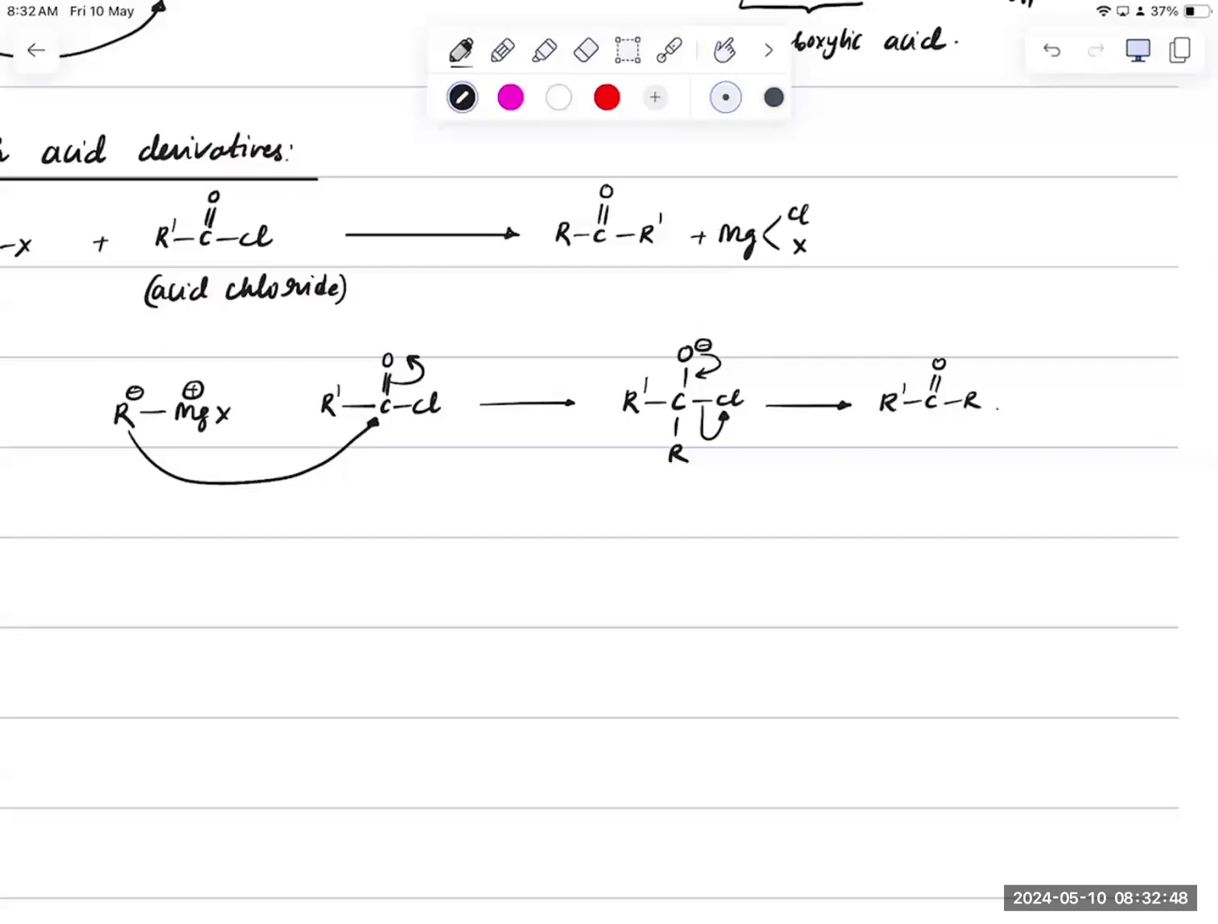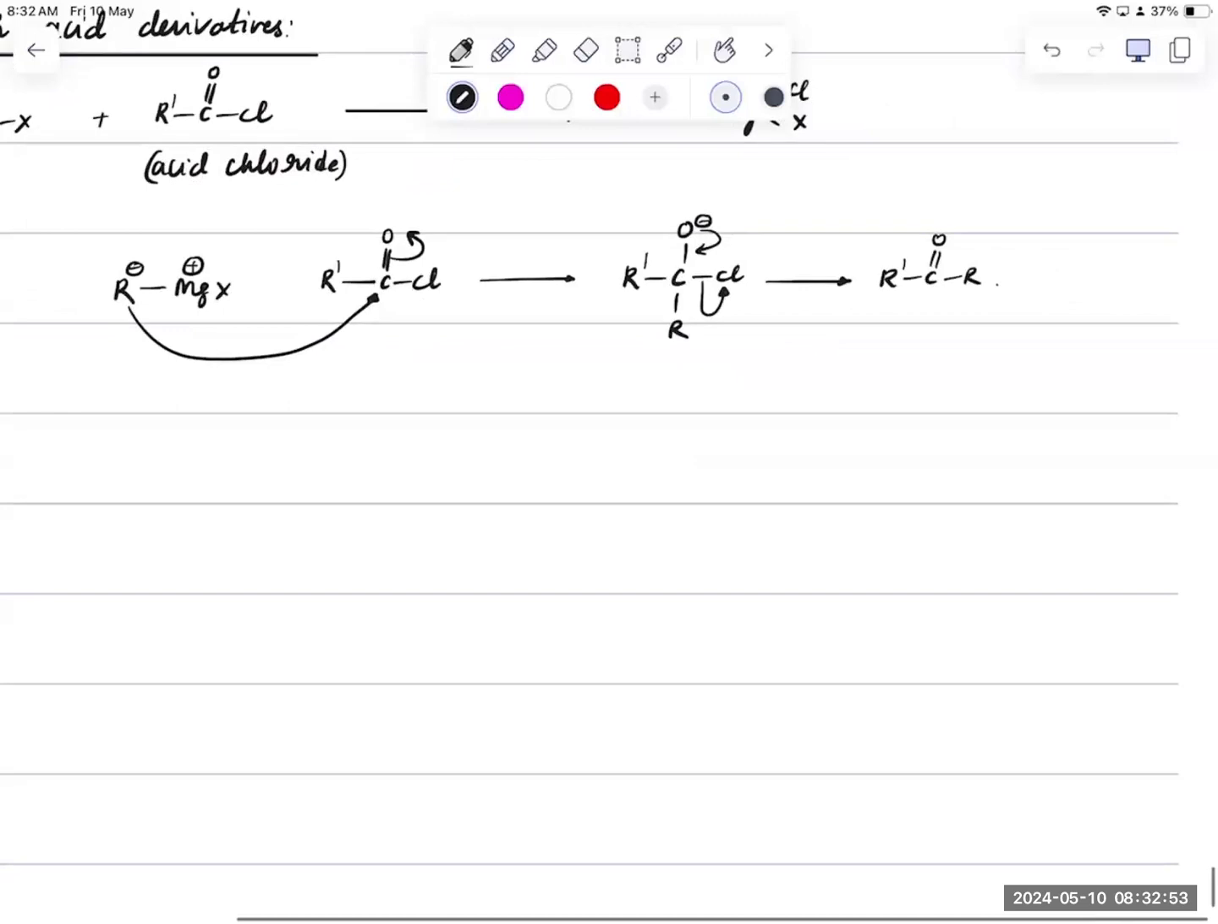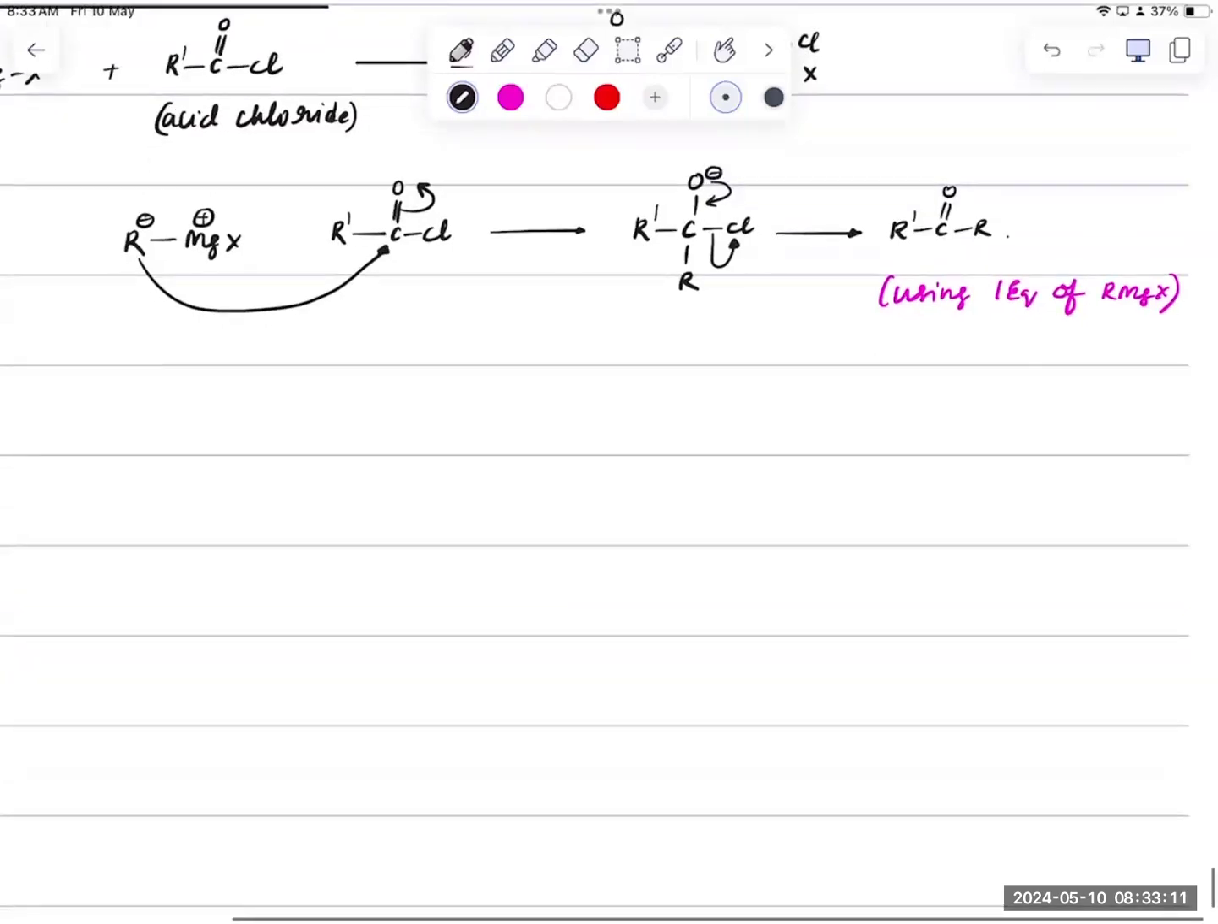Okay. So this is the first step which we have done. This is using one equivalent of RMgX. So remember that if I use only one equivalent, I'll end up at ketone. But if you follow further, if you have one more equivalent, then it will convert into alcohol. So if I take one more mole here, RMgX plus RC double bond O, R dash, followed by hydrolysis,